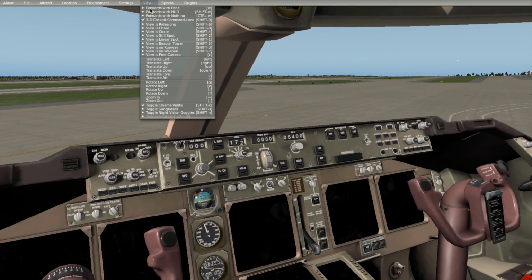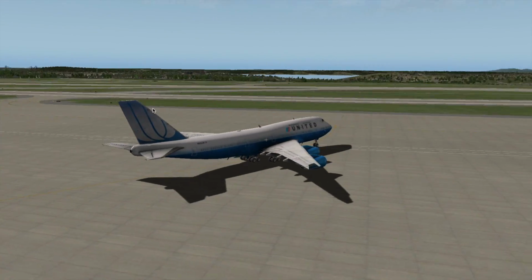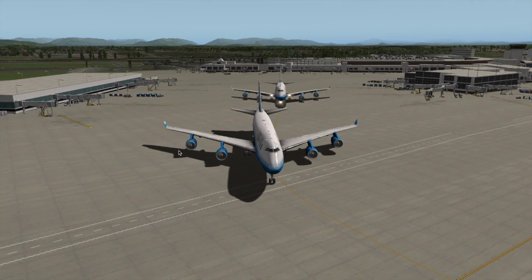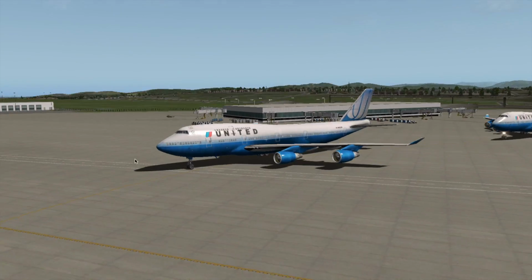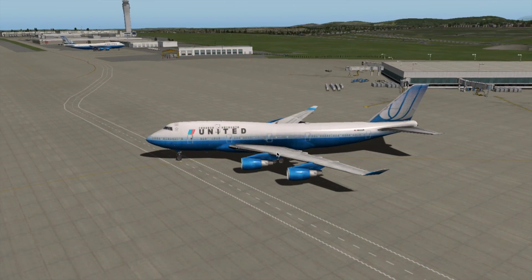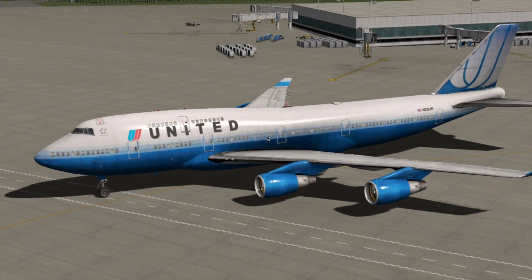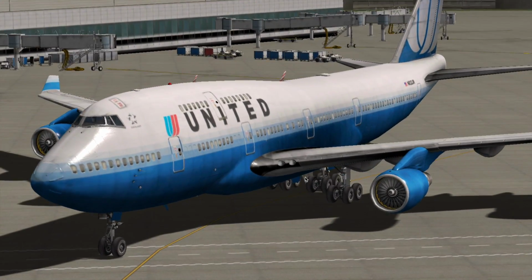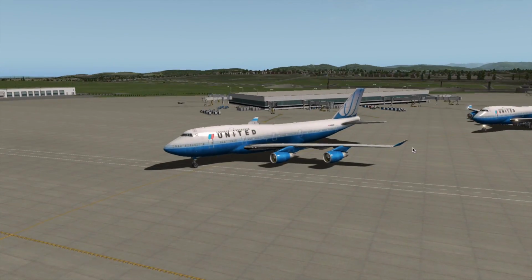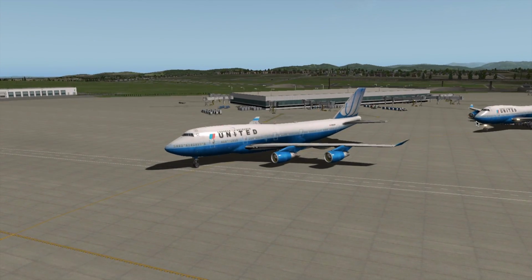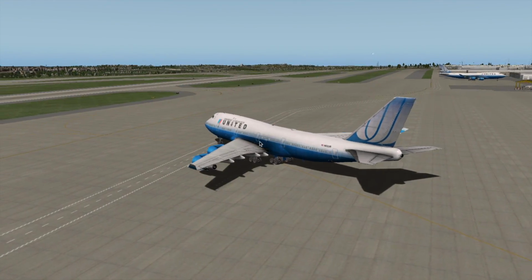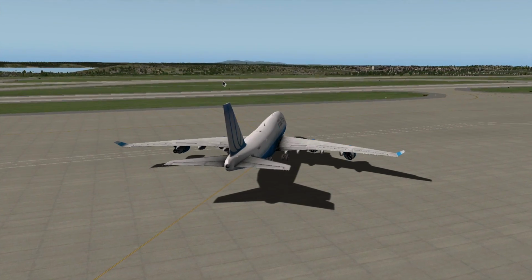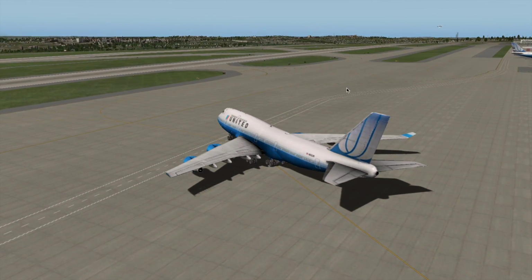But first off, the plane I am flying is the Boeing 747-400. Sorry, not 200, 400. Now, if you notice, this plane looks very realistic. For example, right here, the engine blades look like the real thing. So does the plane. See, it has reflection, and you actually have computer-generated planes that are taxiing, like the one that's behind me. Also, there are cars moving on the roads outside of the airport, and you really can't see it now, but once we get close to the runway,